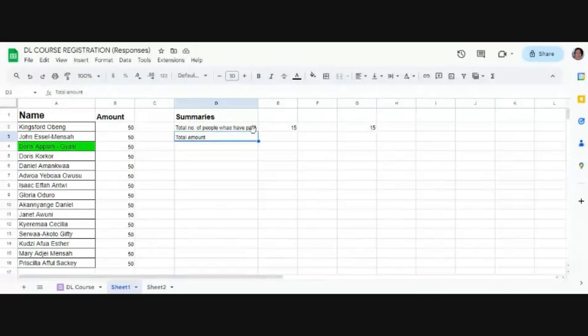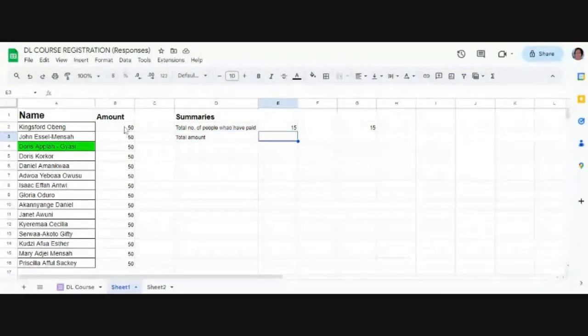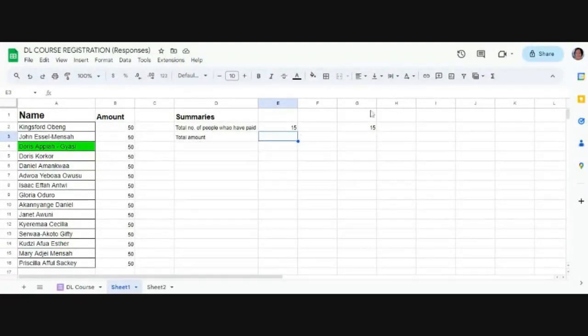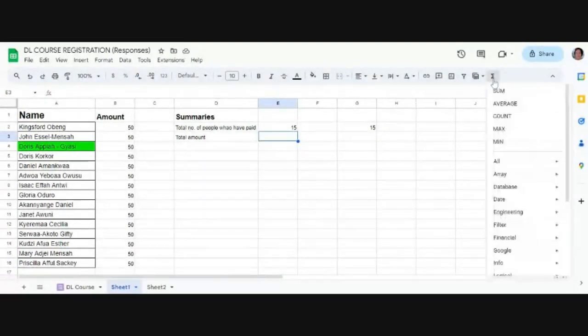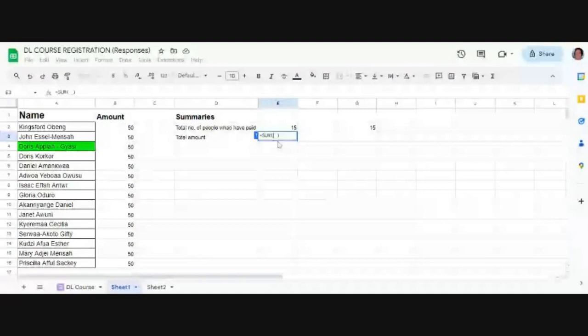Now we come to the amount. We want to sum the contribution amount up. So you can either type SUM or you come here and select SUM. The formula has come for you.